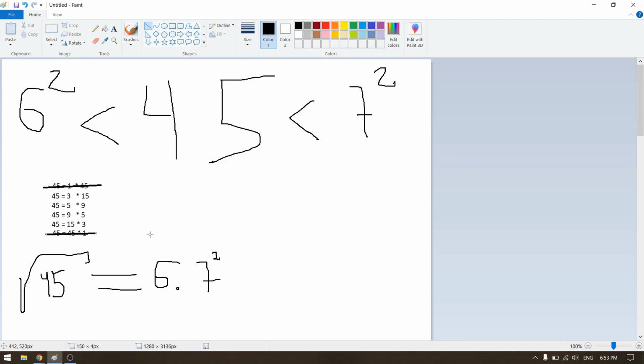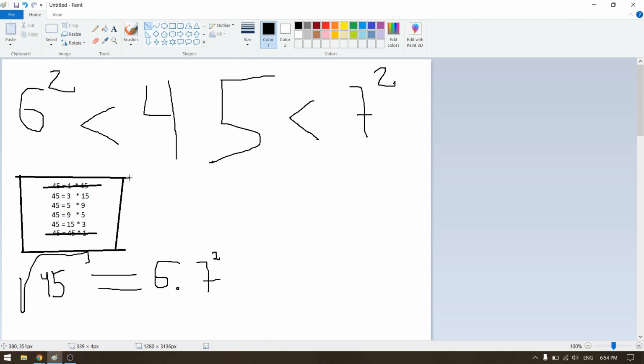So let's do factorization on 45. By factorization, I mean integer factorization. 45 is a multiple of 3 and 15, and 45 is a multiple of 5 and 9, and it's also a multiple of 9 and 5, and lastly it's a multiple of 15 and 3. So, okay, if we take a look into the factorization table here